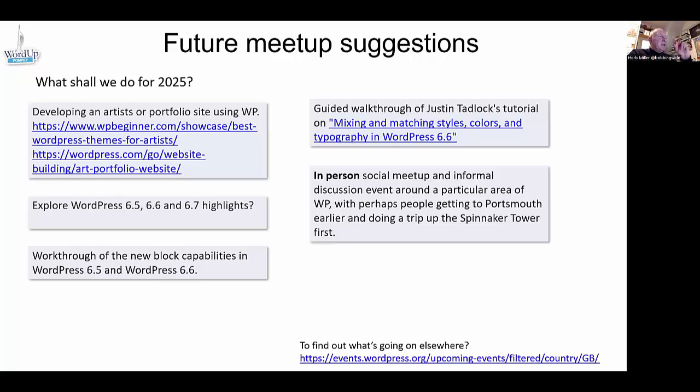Right, so what we're going to do next year, I haven't got time to discuss it. We'll have some discussions at some point. I know I'm going to be away on holiday in March and April, so I'll miss a couple of them. So how are we going to discuss these things? Have we got time to discuss it? Anyone got any particular requirement from one of those or something different? Or I could suggest